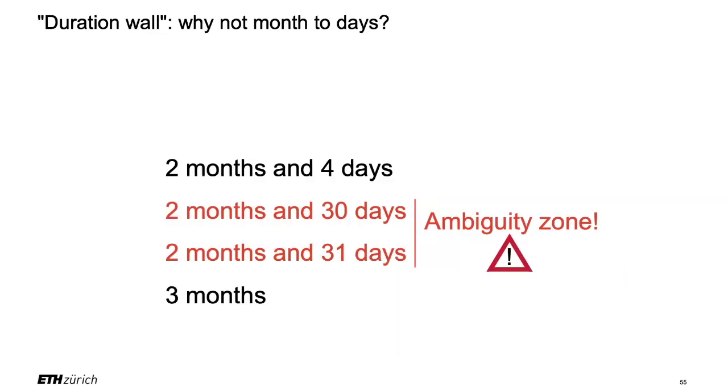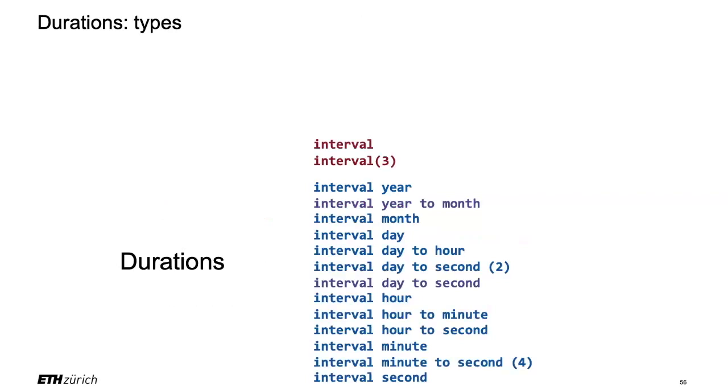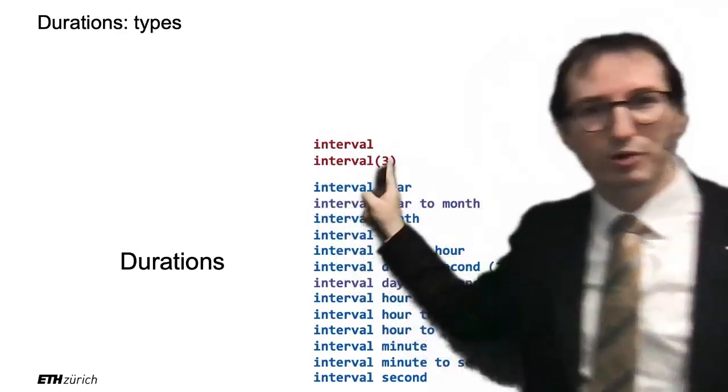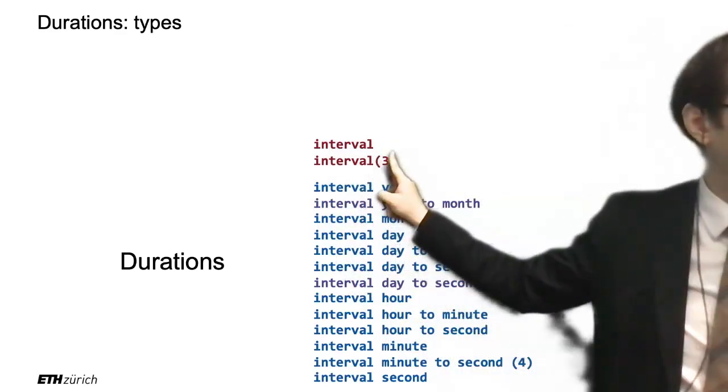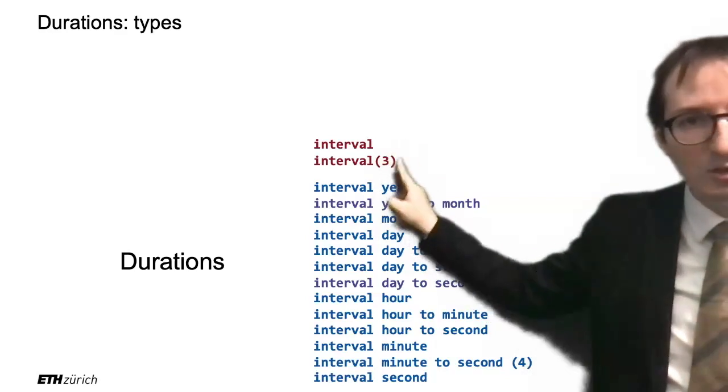Yeah, so this is the warning that if you start doing that, I think you're authorized to do that, but be very careful because strange things might start happening if you do that. So now that's the menu. It's called interval. So if you want to be very generic, then just say interval. The 3 here is again the digits for the seconds. 3 means you're all the way to